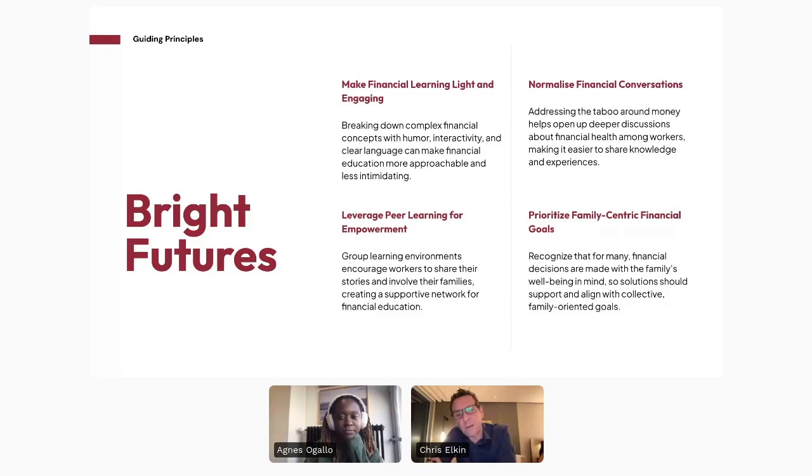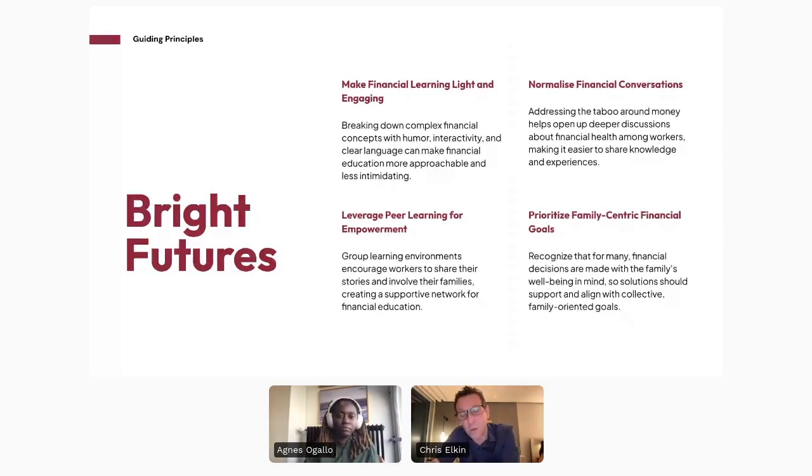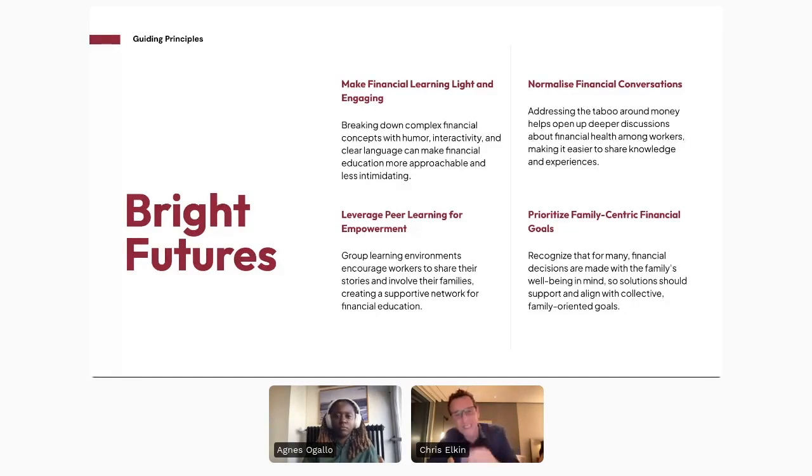Just to sort of then, from those findings, those insights, this pointed us in directions that shaped what we call the guiding principles for how we moved forward with our directions for potential solutions. And what we found amongst the dormant factors was the need to make this financial learning light and engaging. So often these people